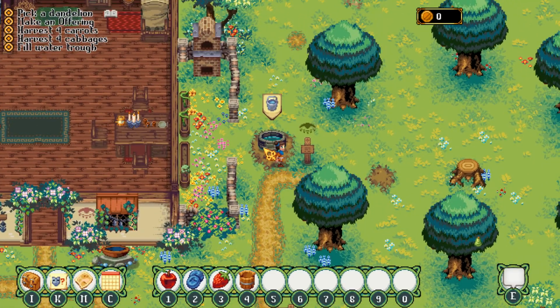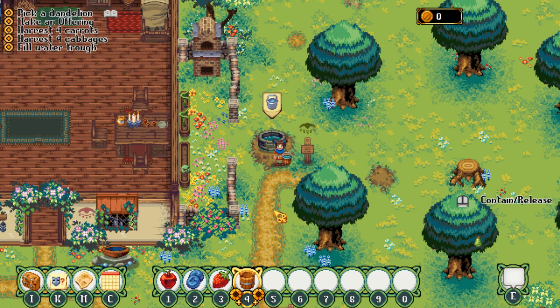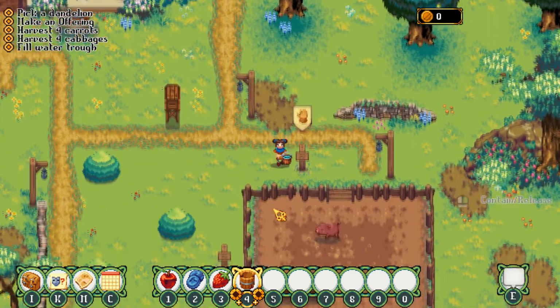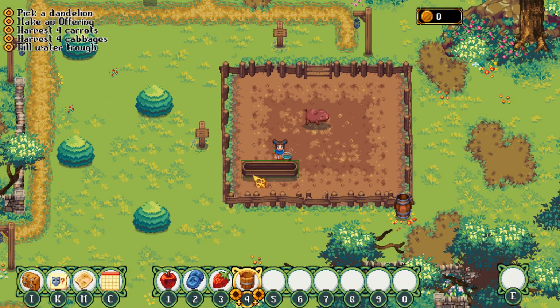However, there is a well up here. And I think you can cycle through, which is nice, or you can hit the number. So we can get some water with our bucket, and you need to empty it in a container. So one of the chores is fill a water trough, which is here. And this has a little bit of a different bounding box. Not sure it's intended or not, but